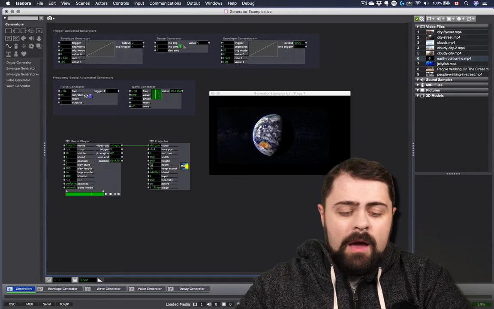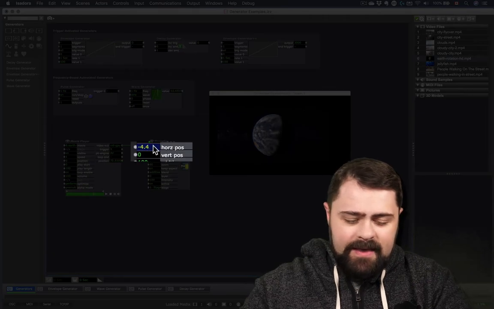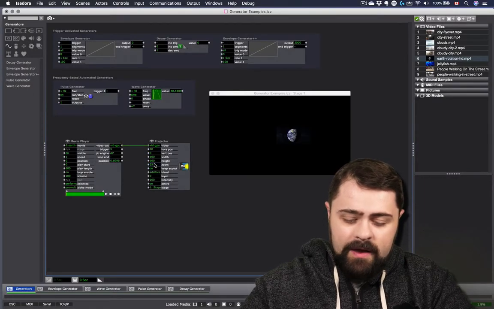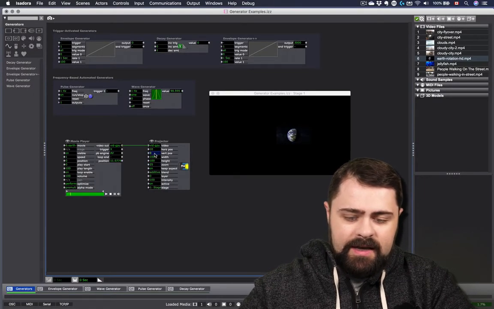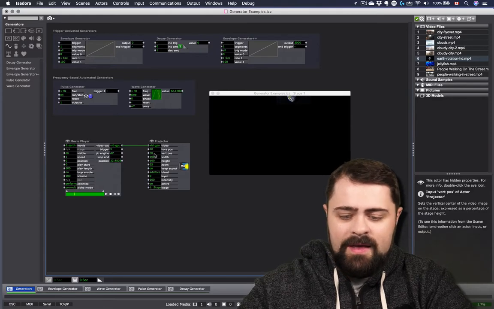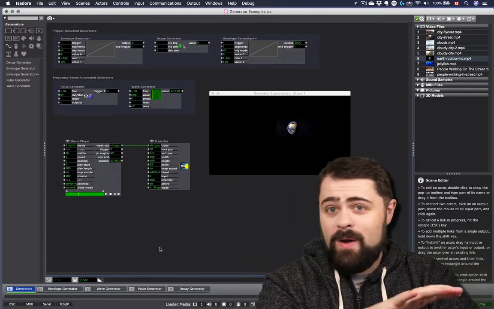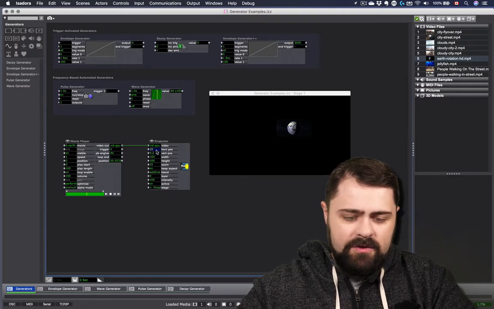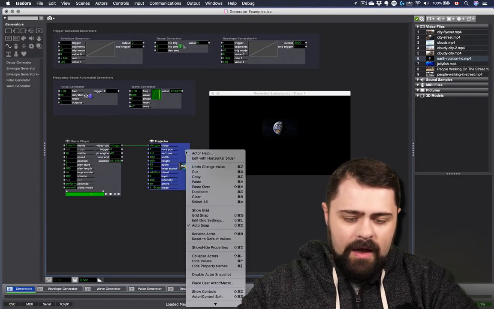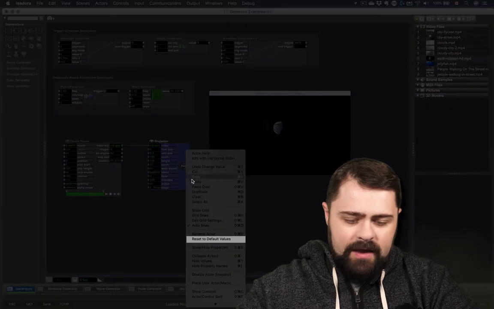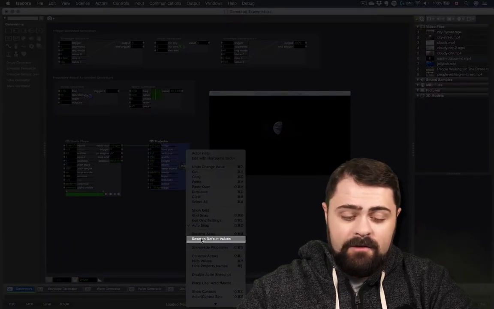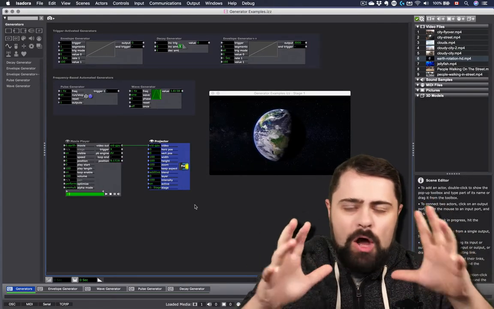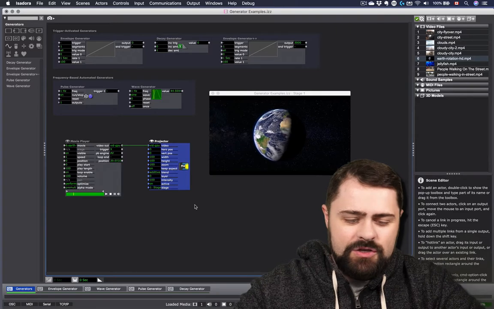Now, you can always type in exactly the values that you want to have for any of these properties, like so, just by clicking on the field and adjusting exactly where those things are going to be. In some cases, even putting the Earth very far away and off the actual stage itself. And we can always restore these back to their default values as well. There's just a quick option there called Reset to Default Values, where you can set everything back to the original if you kind of mess things up a lot in the process of your experimentations.